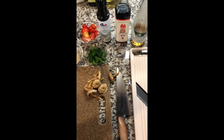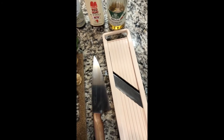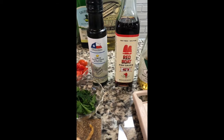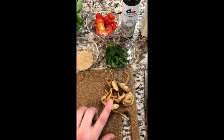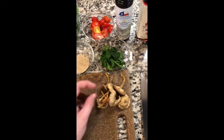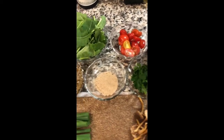All right guys, here's my setup. I have my trusty mandolin. If you guys don't have one, I would suggest getting one. They're amazing and make knife work and prep for food, for dinner, and all that good stuff really easy. We have a little mirin, a little Red Boat fish sauce, lemon olive oil from Delicacy, a little parsley, yellowfoot mushrooms, which are also from Delicacy, and then we have some cherry tomatoes, my all-time favorite addition,